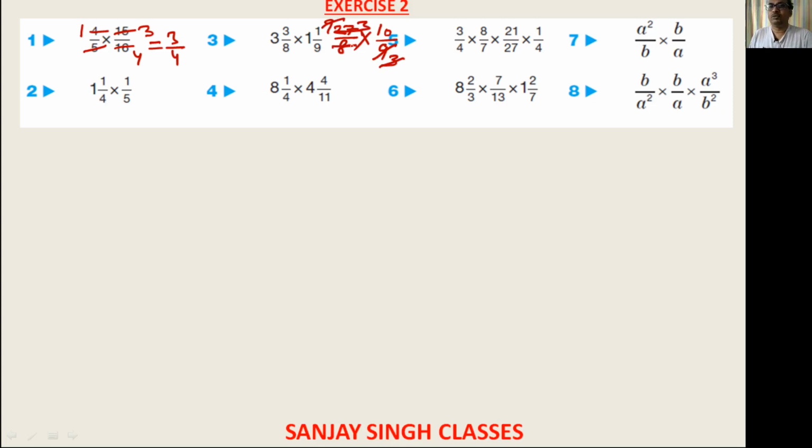And for this also we can go for cancelling with 2. So 2 4s are 8 and 2 5s are 10. Now we have got in numerator 5 into 3, so our answer will become 15, and in denominator we are having only 4. Again we need to convert it into a mixed fraction. 4 3s are 12, remainder 3, so 3 3 by 4 will be the answer when we convert it into a mixed fraction. Similarly, in the next question we will see.